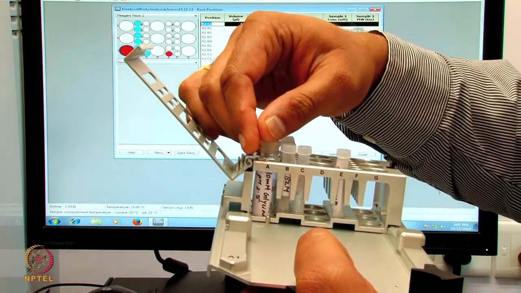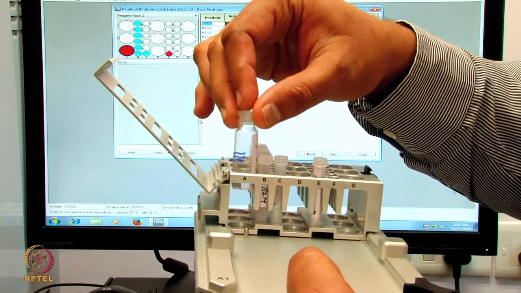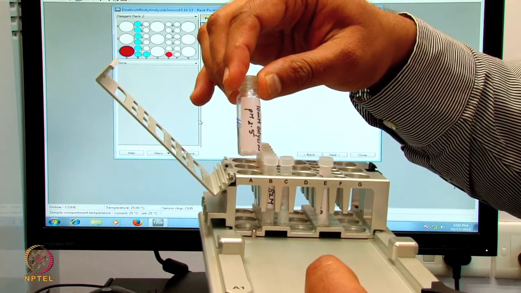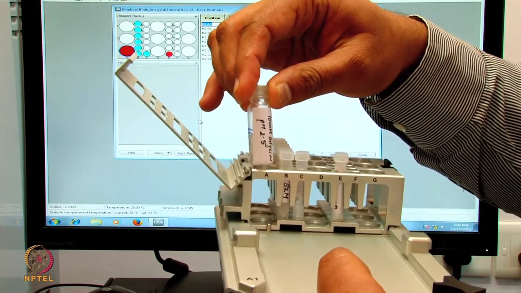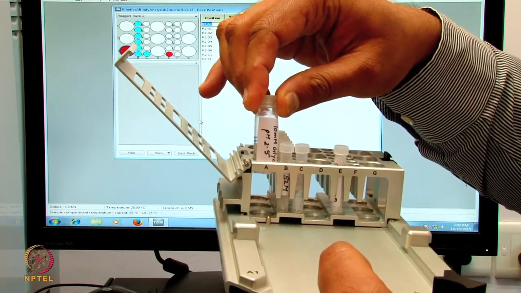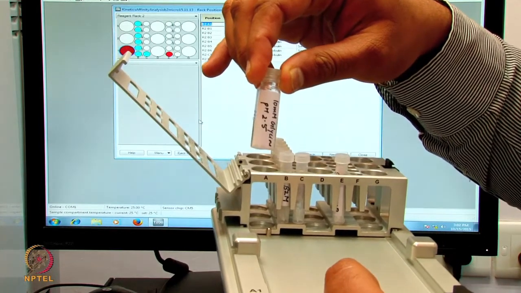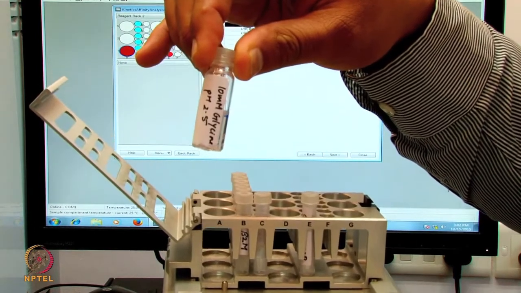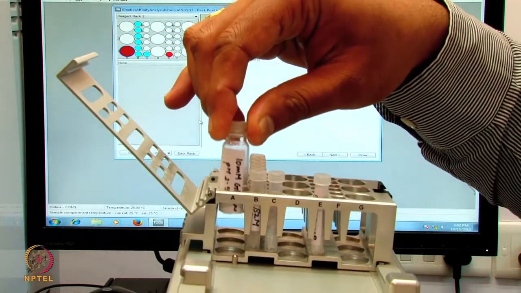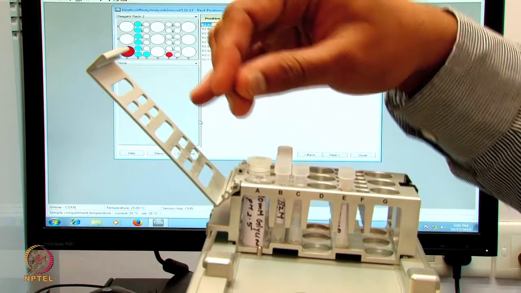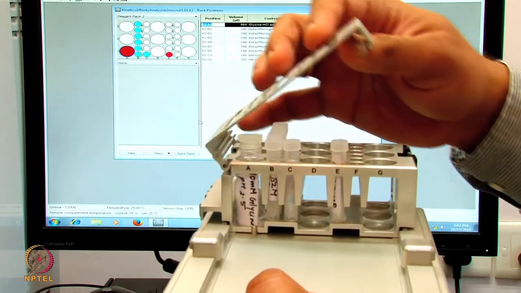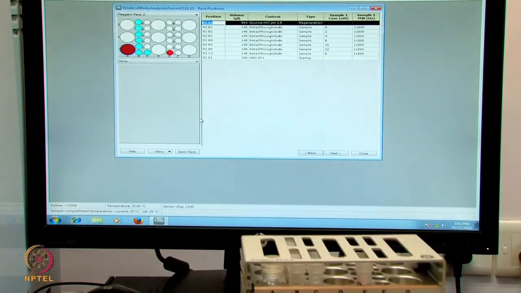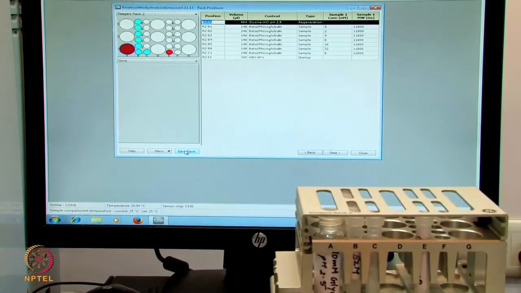Once we have placed them, we will also have glycine 10 millimolar, pH 2.5 regeneration solution, put at the A1 position. Now we close the rack. We go on the screen, eject rack,